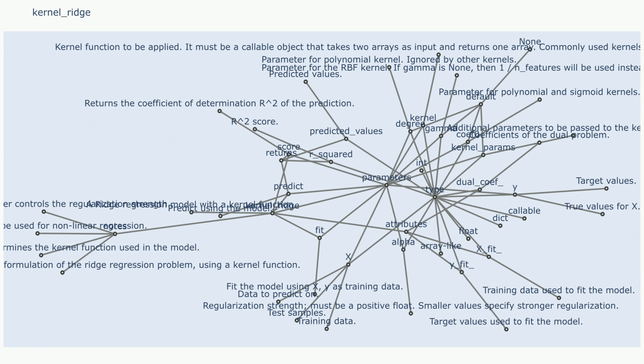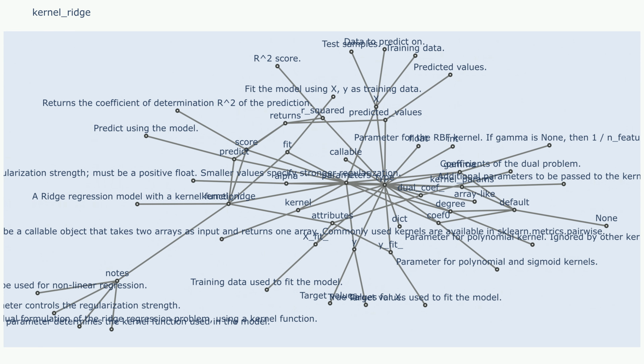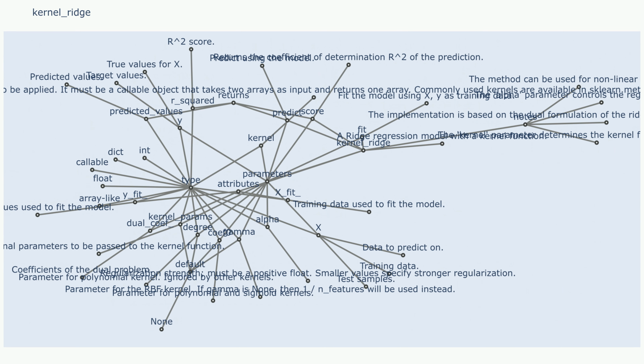7. Important considerations. Computational complexity: KRR can be computationally expensive, especially for large datasets and complex kernels. Interpretability: the nonlinear nature of KRR can make it difficult to interpret the models, decision boundaries and feature importance. Data requirements: KRR works best with data that exhibits clear nonlinear relationships. Tuning: finding the optimal hyperparameters for KRR often involves extensive experimentation and